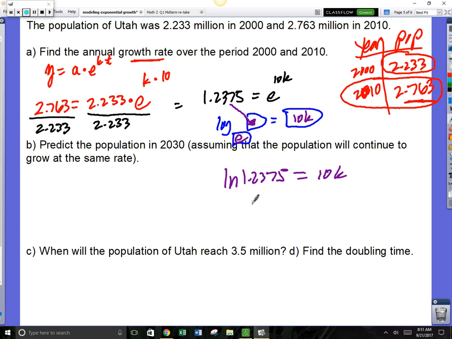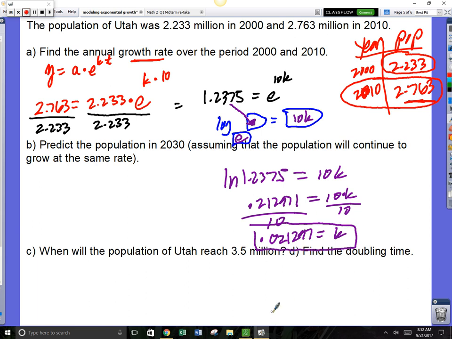So I got this 0.212971 equals 10k. Now you just got to inverse the multiplication. So divide by 10, divide that by 10, and we end up with k is equal to 0.021297. Okay, now,